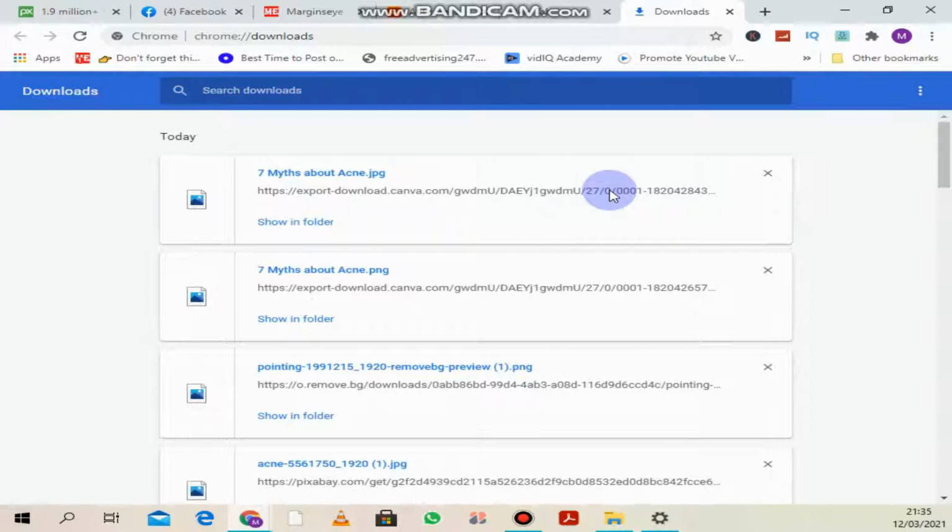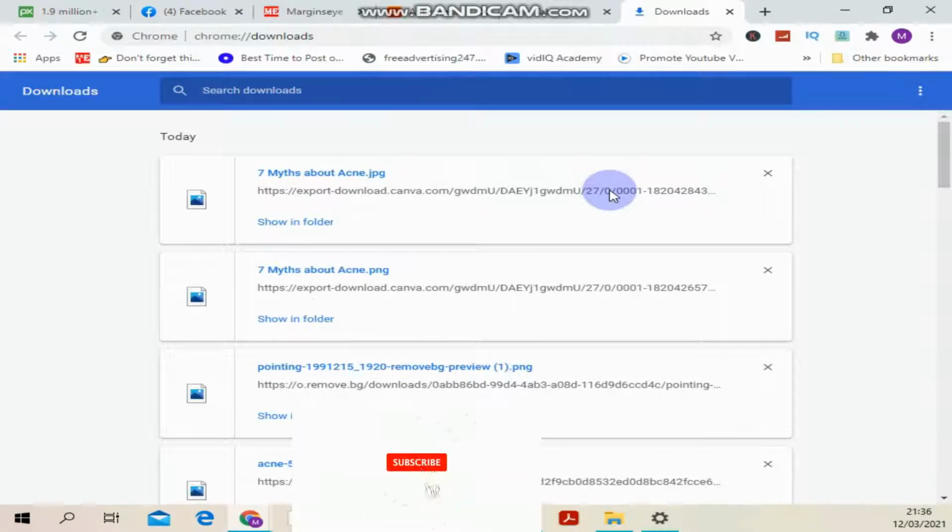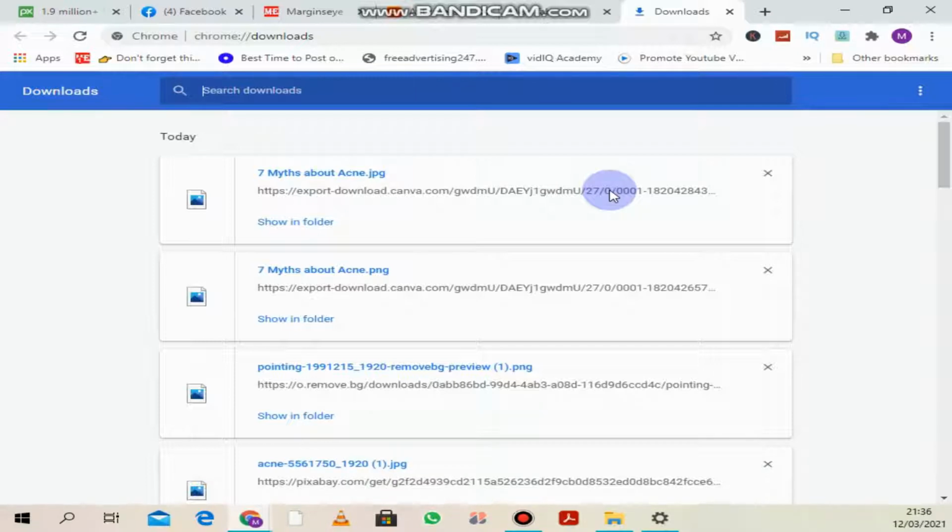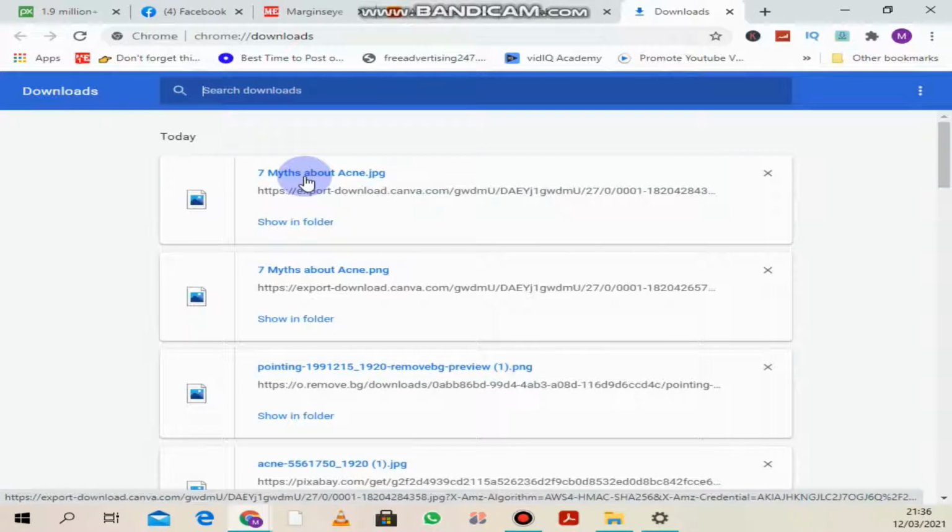So maybe you downloaded something and then you are on a different tab or on a different page, but you wish to go back to the downloads, you just press Ctrl and J without having to navigate through the top or just search downloads. You just press Ctrl and J, then you can easily go to the downloads page and open a file that you wanted. The next and the ninth keyboard shortcut that you can use with Google Chrome is